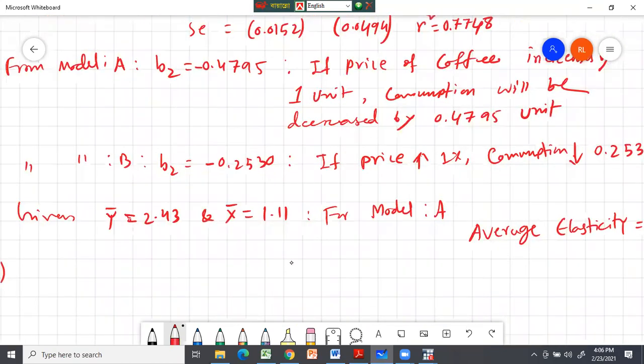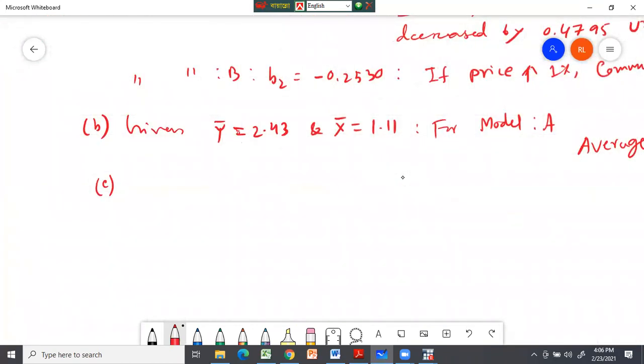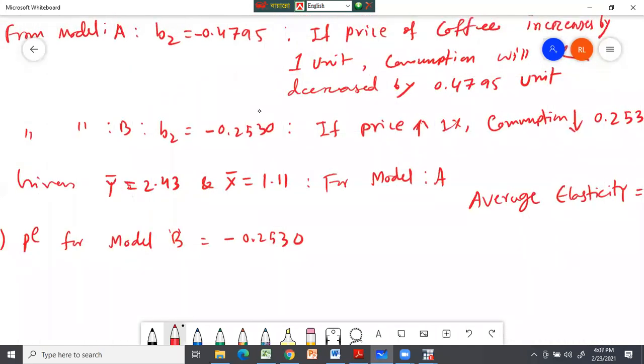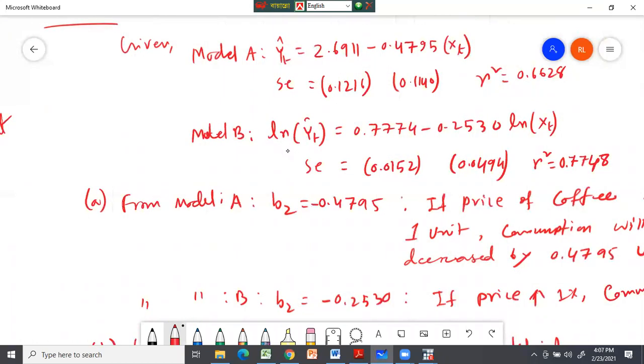So that's why the answer for C, price elasticity PE for model B, is equal to -0.2530. এটা বুঝতে পারছেন তো? মডেল বি এর জন্য আমি কেন আর এই ফরম্যাটটা ইউজ করলাম না? স্যার কারণ আমি যদি লগ মডেল ইউজ করছি, লগ মডেল অ্যাজিউম করে যেটা প্রাইস ইলাস্টিসিটি ইনকর্পোরেট করে।